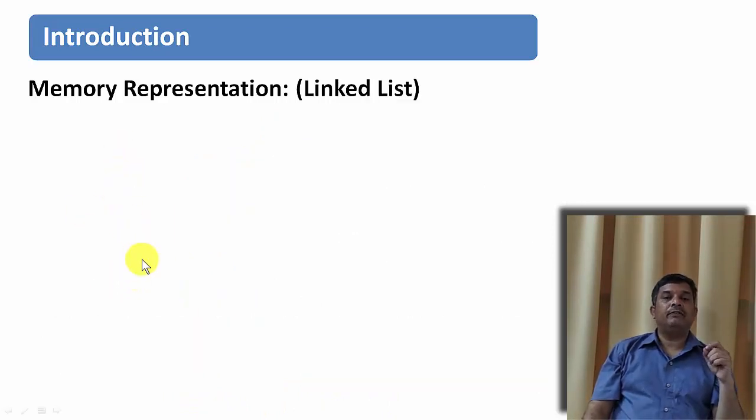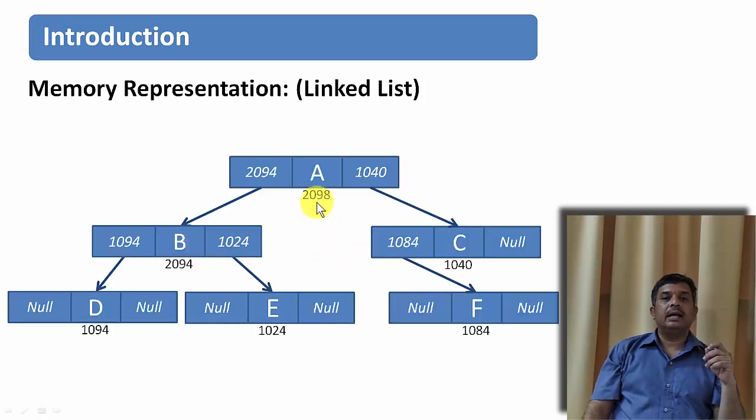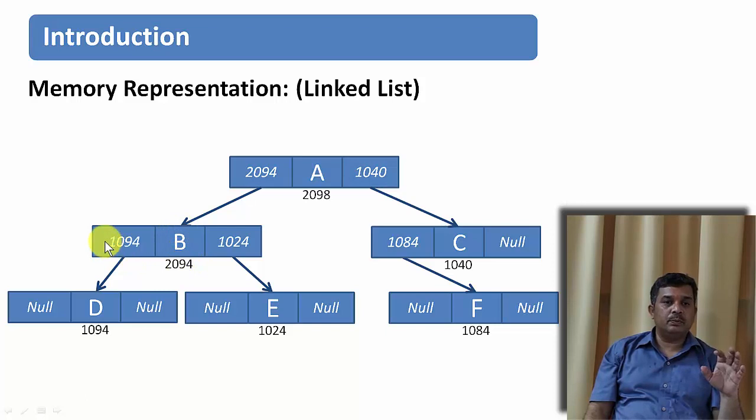Now, with the help of a linked list, I have to create a node like this, having 3 parts. The left part will contain the address of the left child. The middle part will contain the data, and the right side will contain the address of the right child. And if I want to represent it, I'll represent it in this way. Let us say node A is the root node, which is defined at location 2098. On the left hand side, memory address 2094 is defined. At 2094, again a node I'll find with data B, and